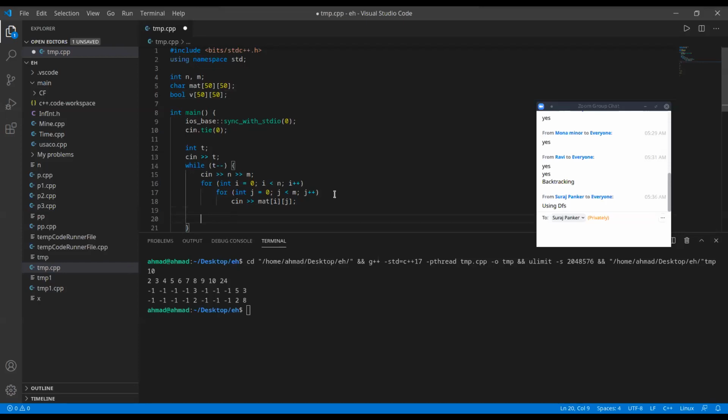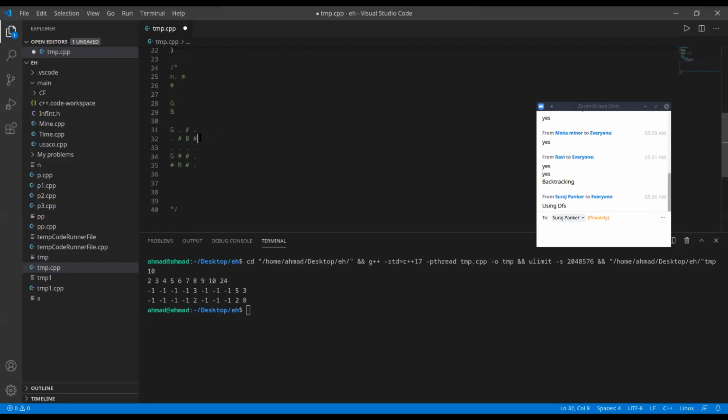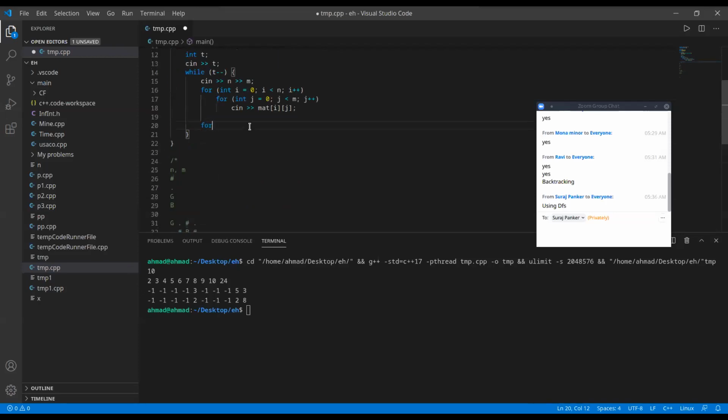So after we took the input, we want to modify the matrix to block all bad people. What we'll do is so simple. We will loop through every cell and check for every bad person. We will try to block all the other 4 cells.